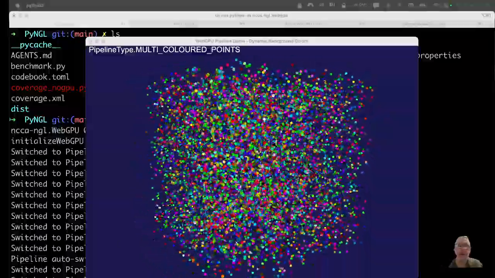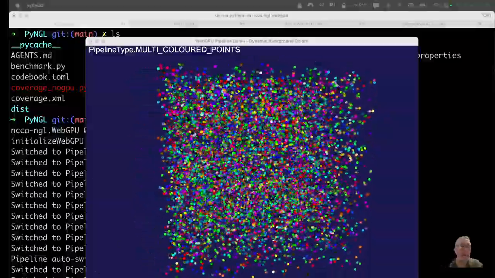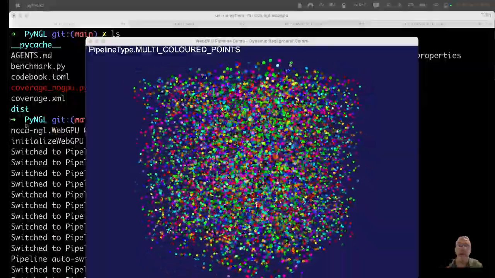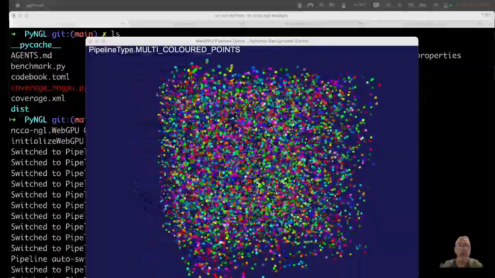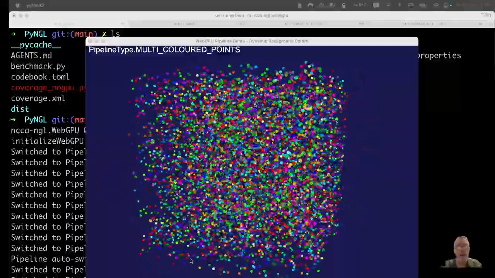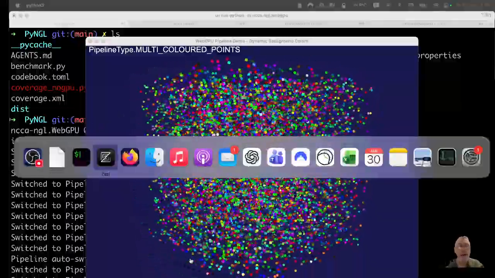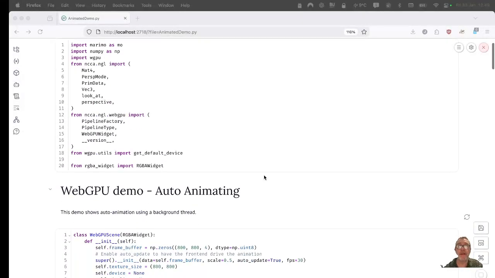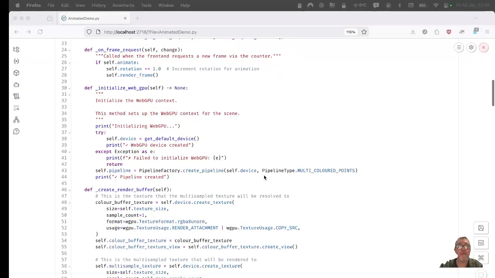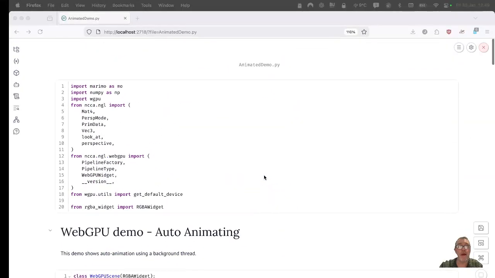So this is my WebGPU version of my graphics library PyNGL, and what you can see here is it running in real time, obviously in a PySide widget. What I've been working on today is the ability to do exactly the same thing, but now we're doing this